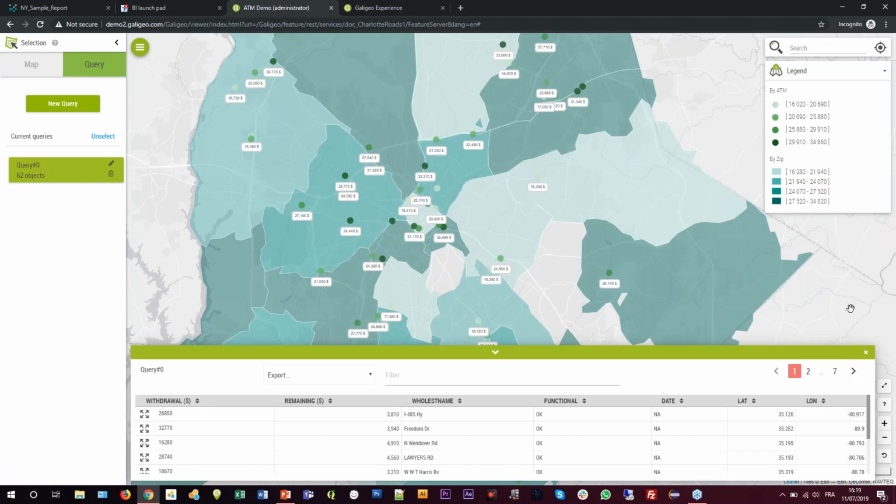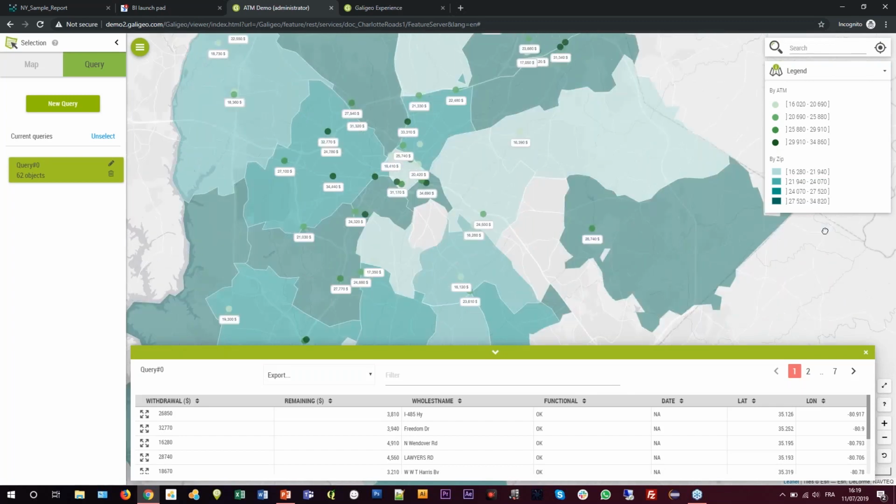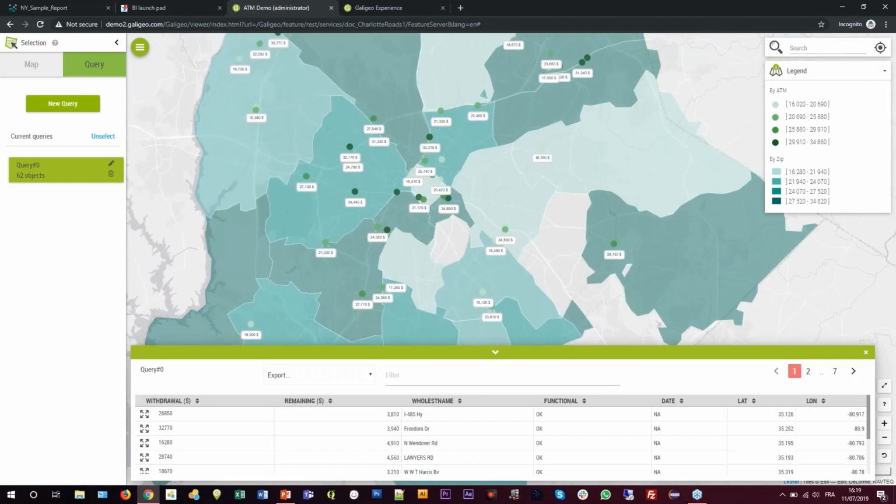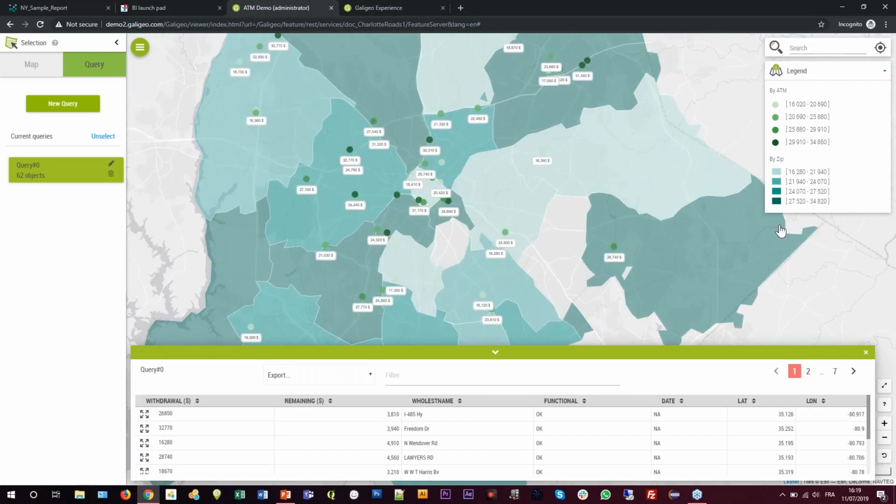And so this is really cool because when you have that, you can narrow down your visualization based on several criteria, and of course for what you want to do. If you want to create another one, you see that it has been stored there. I forgot to rename the query, but there I could give it a name, like for example, ATM that are okay and that are less than